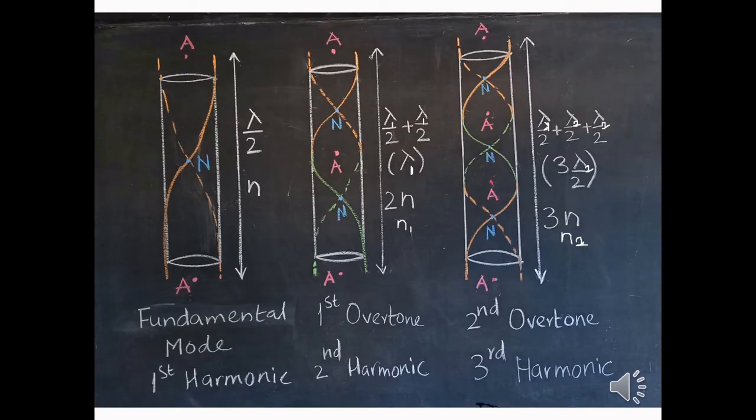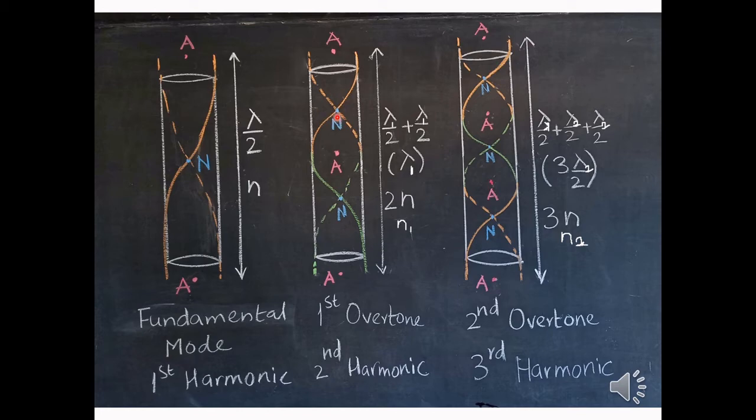In case of a pipe which is open at both the ends in the fundamental mode, as we have discussed earlier, we have 2 antinodes at the open ends and we get a pair of half loops here. N is the frequency and lambda is the wavelength of the wave in this fundamental mode, and n is also called the fundamental frequency or the first harmonic. The distance between any two consecutive antinodes is half the wavelength, so the length of the air column is lambda by 2. In the next mode of vibration, the same air column vibrates such that one complete loop and 2 half loops are produced at the ends.